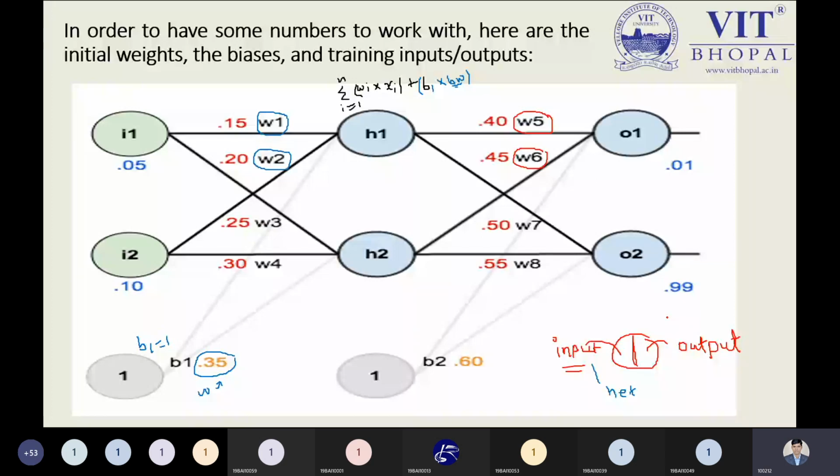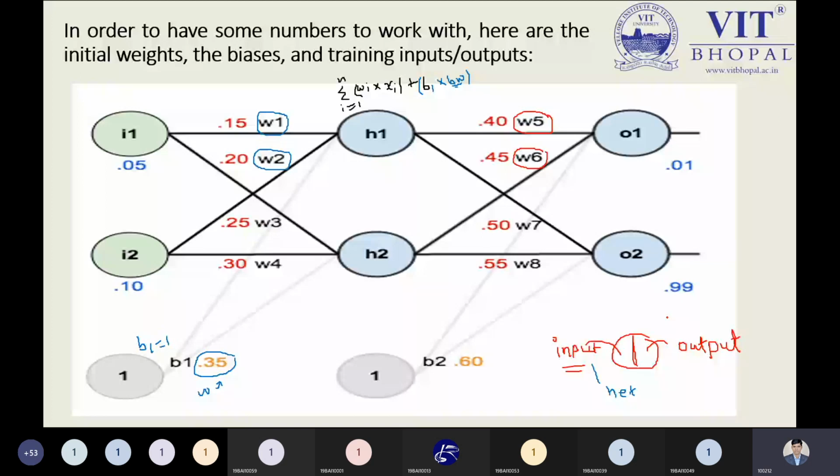So the error will automatically be positive, or you can make it a square. Square is the better way because the R in RMSE means root mean square error. This concept we have already discussed, where we have to square our error to get the error in a positive way. That is the only reason. So here we will talk about the square error. Okay, so that is the formula.